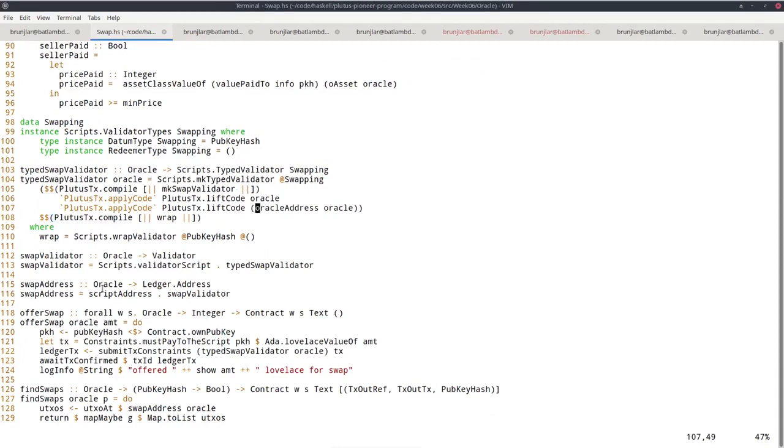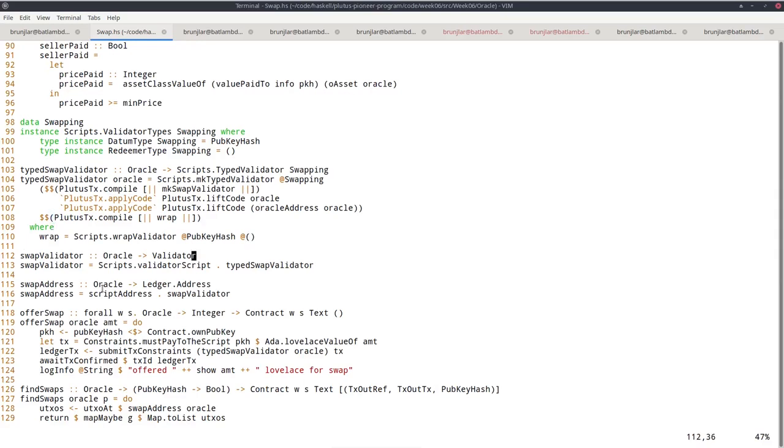And here we see earlier we had two arguments, the Oracle and the Oracle address. Now we don't need this. We just need the Oracle because, as I said before, we can compute the address from the Oracle using the Oracle address function. We just can't use that in Plutus code, in quoted code in this validator function itself. But here we, as expected, get away with just one parameter, the Oracle.